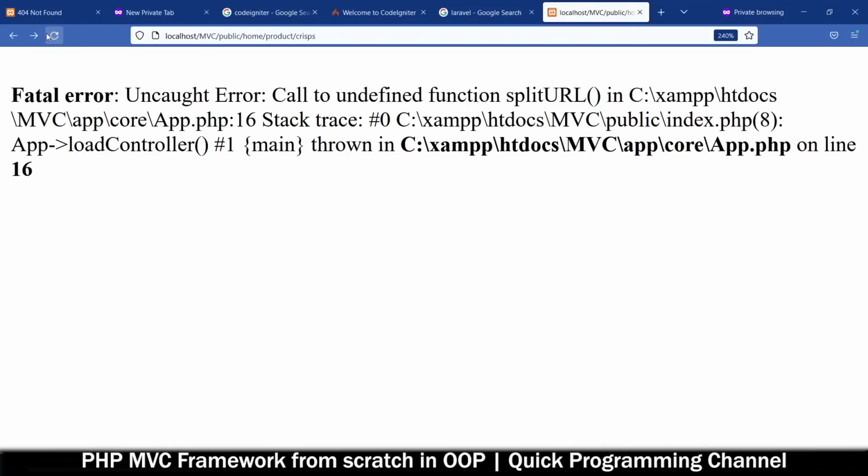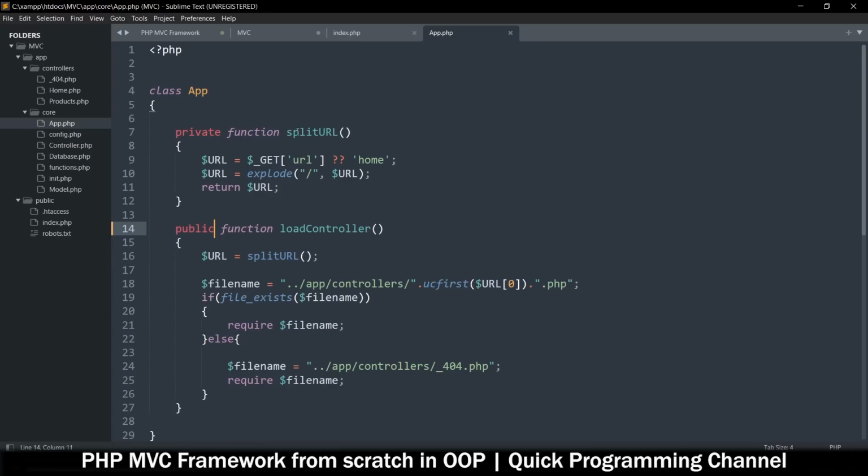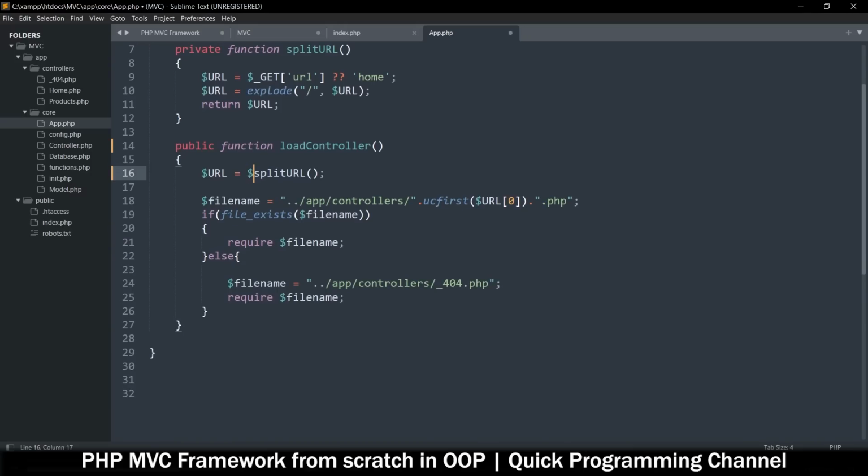Then if I refresh, call to undefined function split URL. Okay, so this one is saying this function is not known because it's trying to find a function outside any class, but this one is within this class. So we have to use this class to call this. So we'll use the this keyword like this